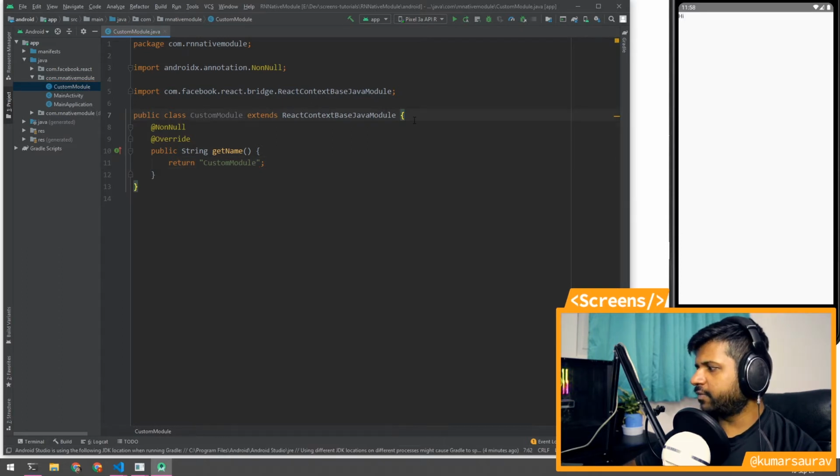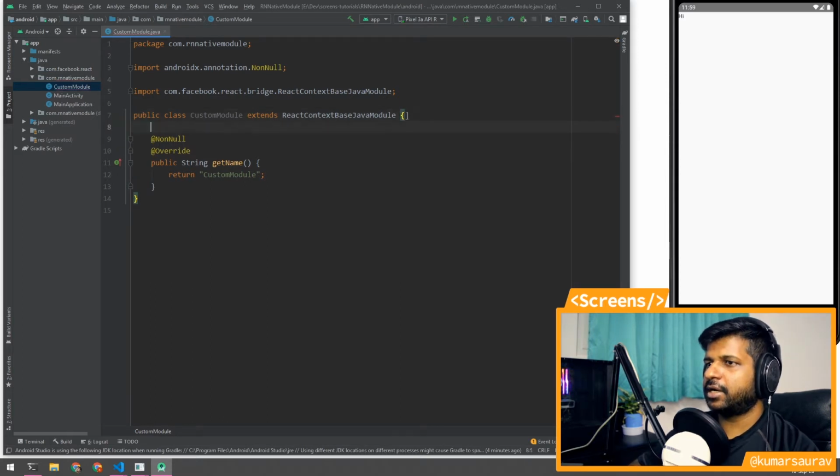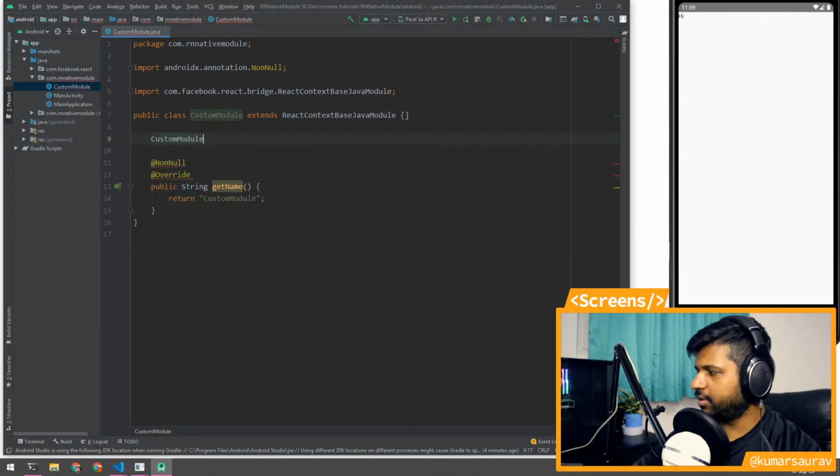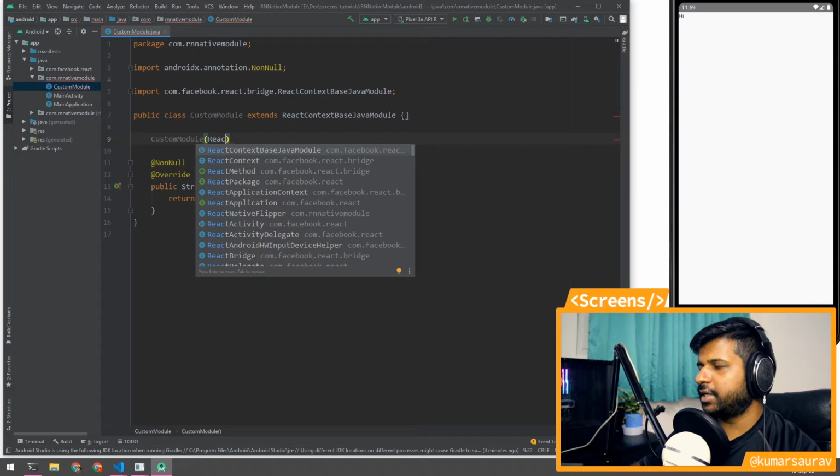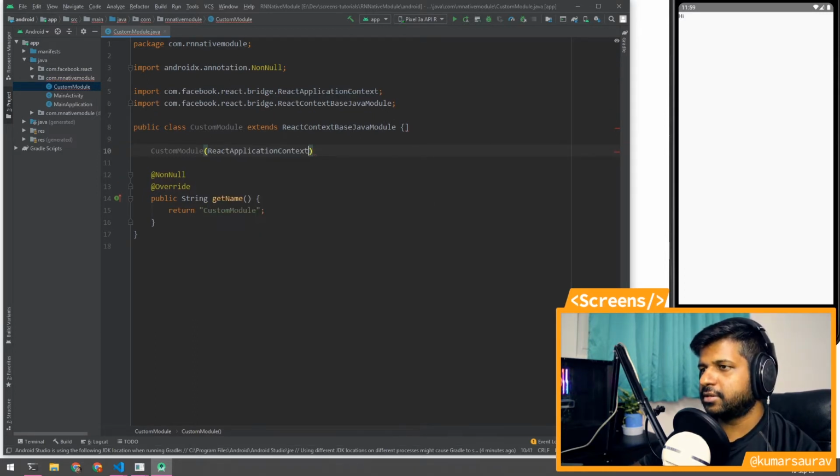Get name should always be implemented. Let's go ahead and make a constructor as well. It will be custom module and it will take a React application context.